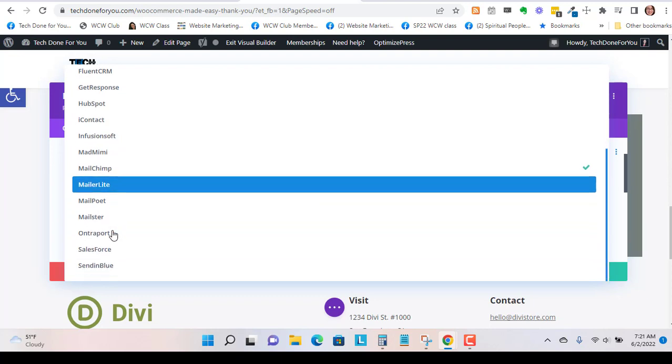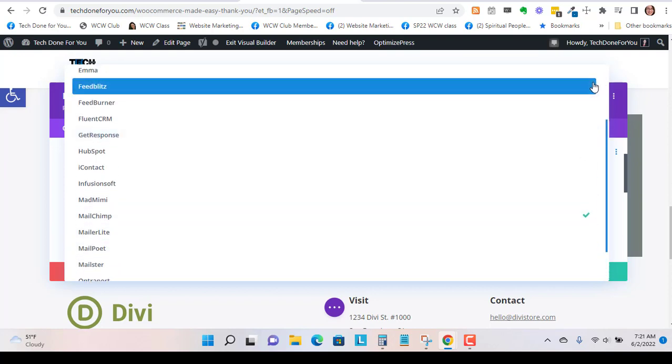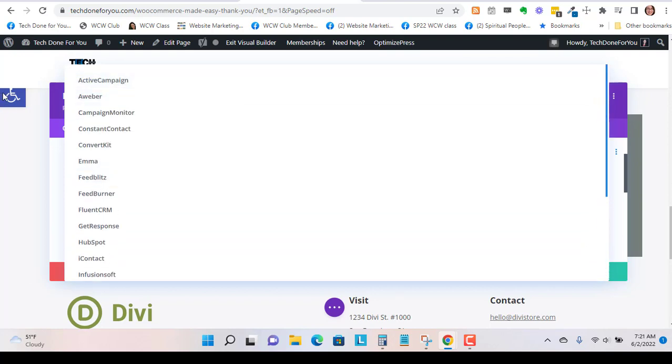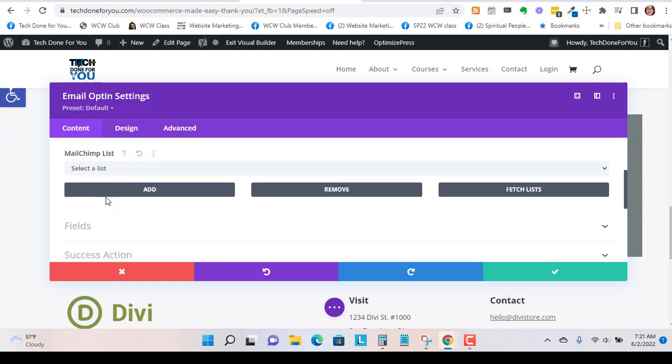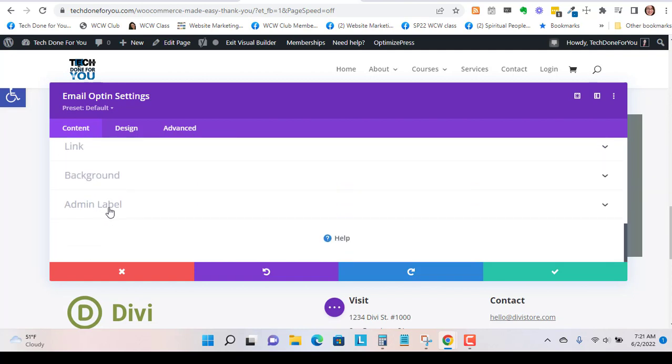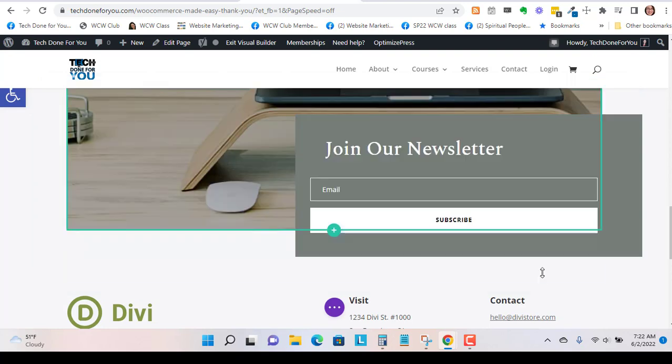And if the name of your email marketing system is not listed here, then that means you'll need to use the Divi code module to put in the opt-in code. And so I'm just going to leave this for now, email opt-in,